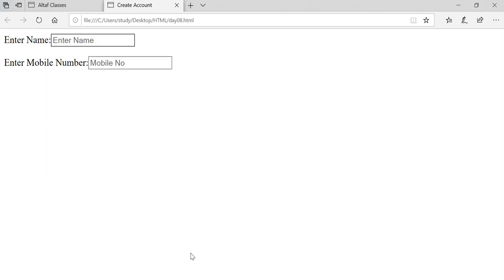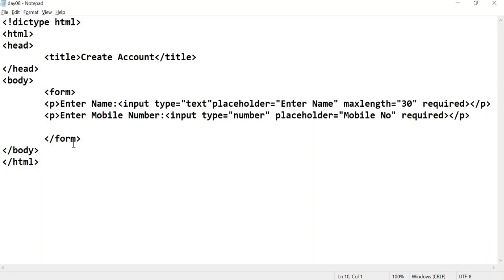Now let me add one more field, that is email. For email, same as before, first give the name, enter email, and then input type is equal to email. For email, if you give text, if anyone enters any random text, it will not validate. If you use email type, it will validate.